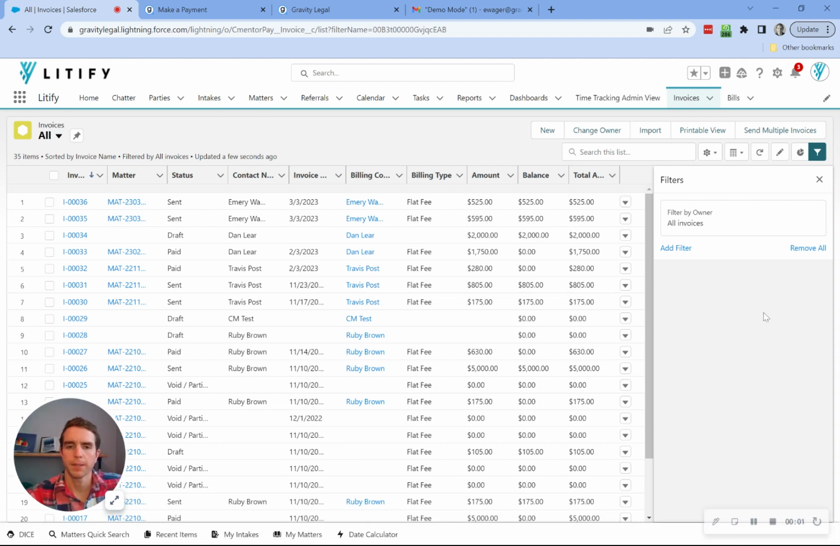All right, the next step in the billing process, now that we've created our invoice, is to actually send them out to the client and have them pay those invoices. So here are all my invoices